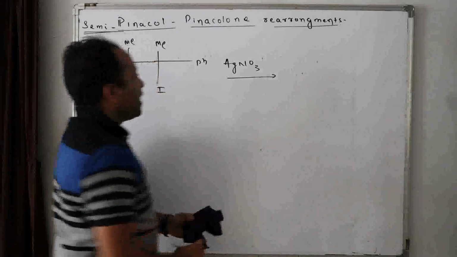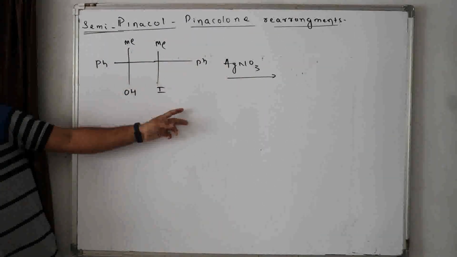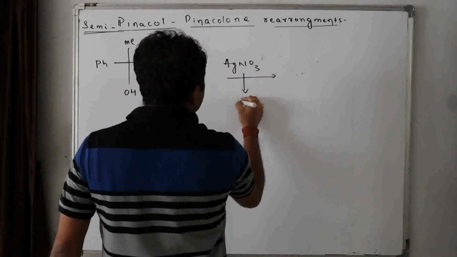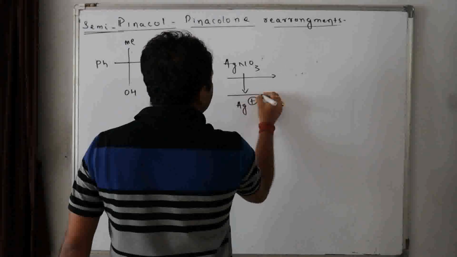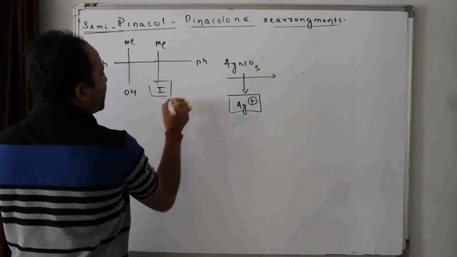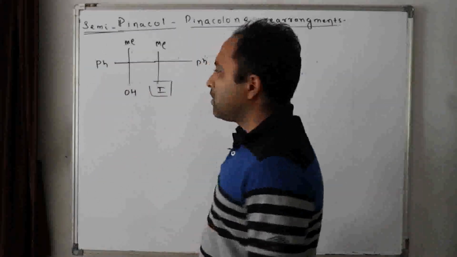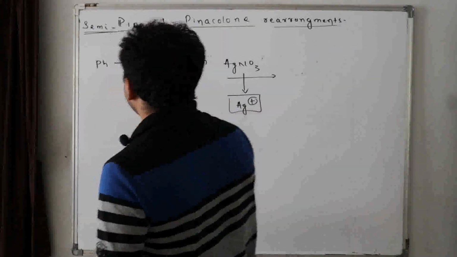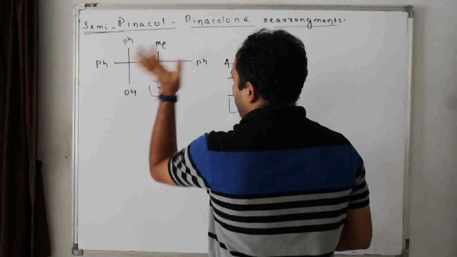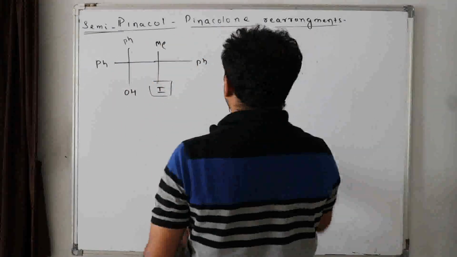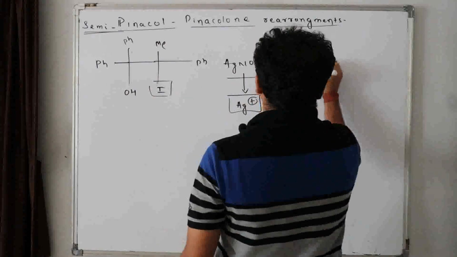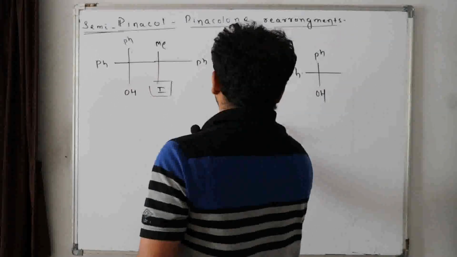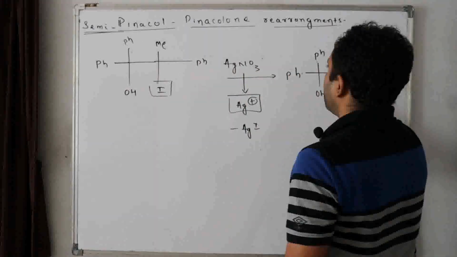Now look at this case. Here AgNO3 is given and we know that AgNO3 is a very strong agent to give Ag plus, and Ag plus is having strong affinity for I minus. So irrespective of formation of the most stable carbocation, by chance if I remove this methyl and give you a phenyl also, we might be thinking that it will be attacking this OH. No. First it will remove this I. So what will happen here? Phenyl, phenyl, OH, here AgI is removed, and what is formed here?